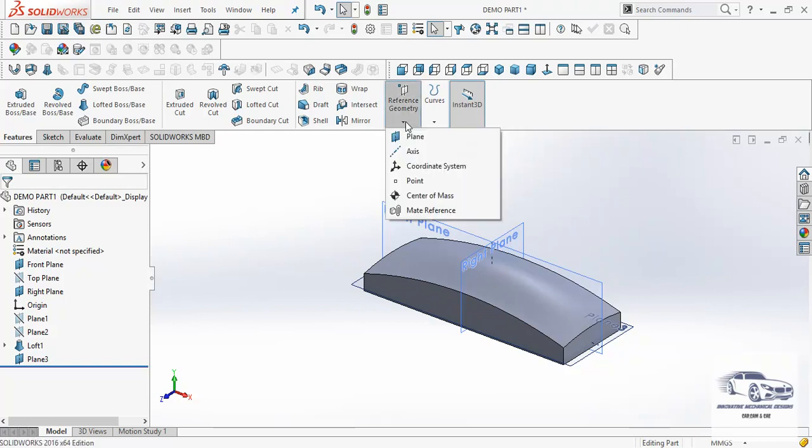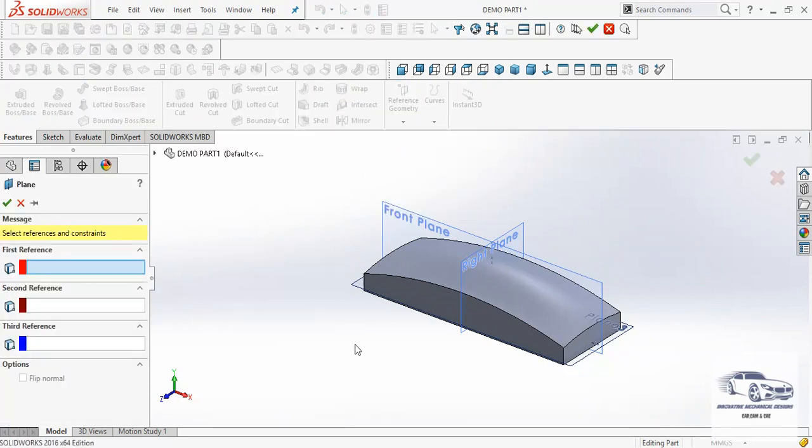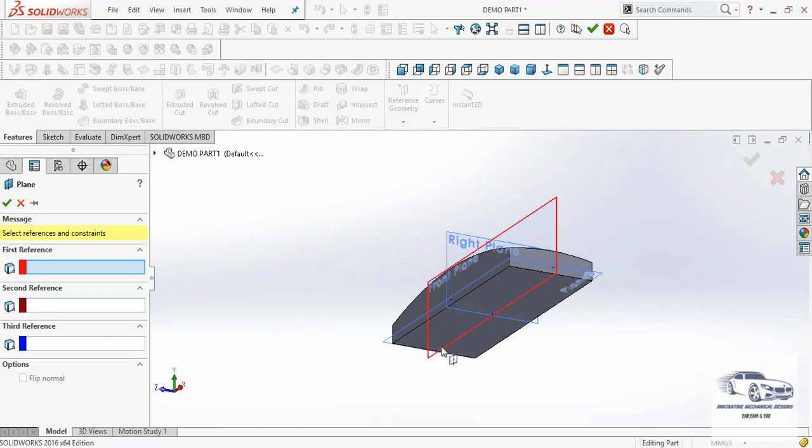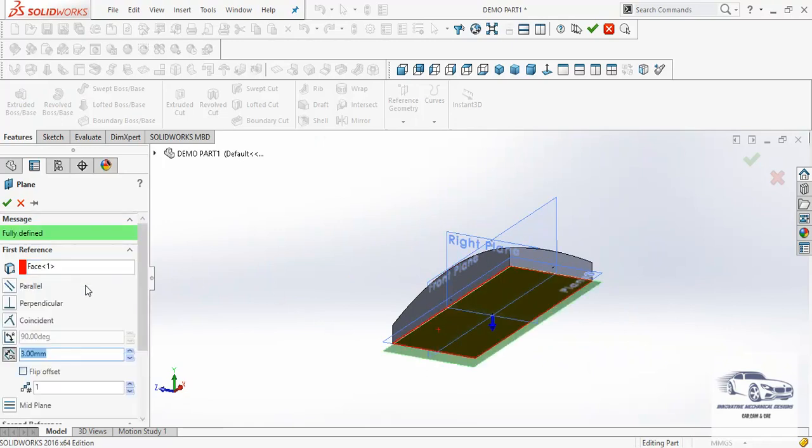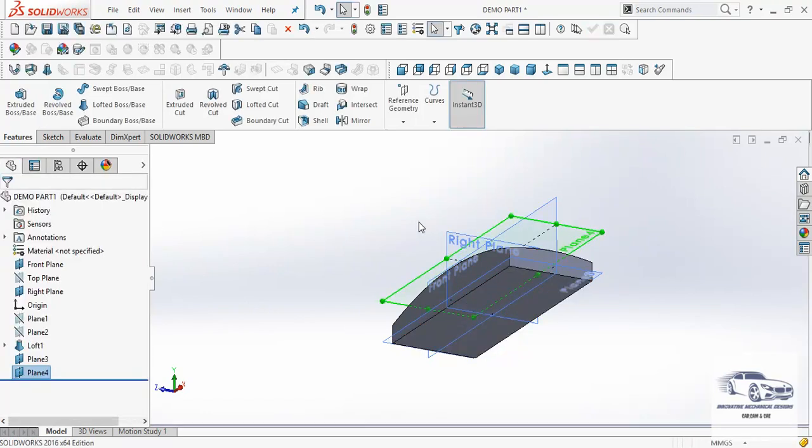So let us say I go to plane. Again I will select the top plane, flip offset, and let us say I take a height of 30 mm. 30 mm will be good because the maximum height here of the section is 15. So let us take its double, that will do fine.